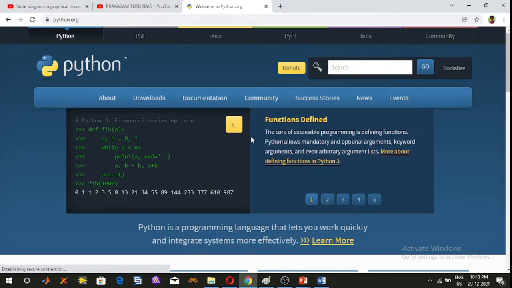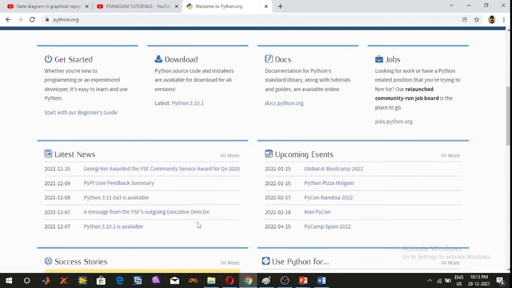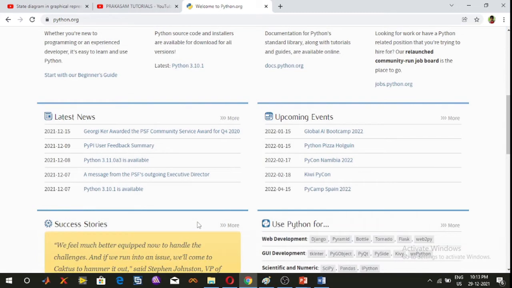The python.org website will be displayed. Here the latest version of Python is available, 3.10.1. There are different versions available here.